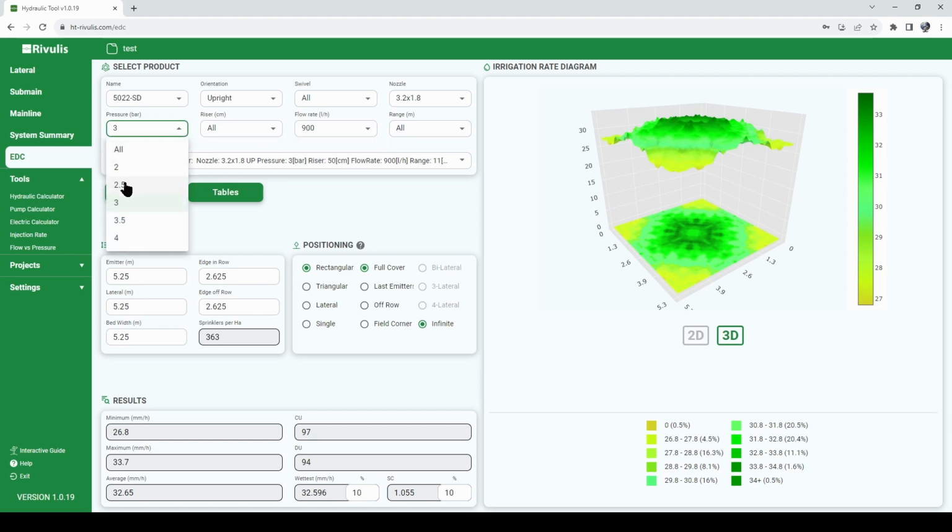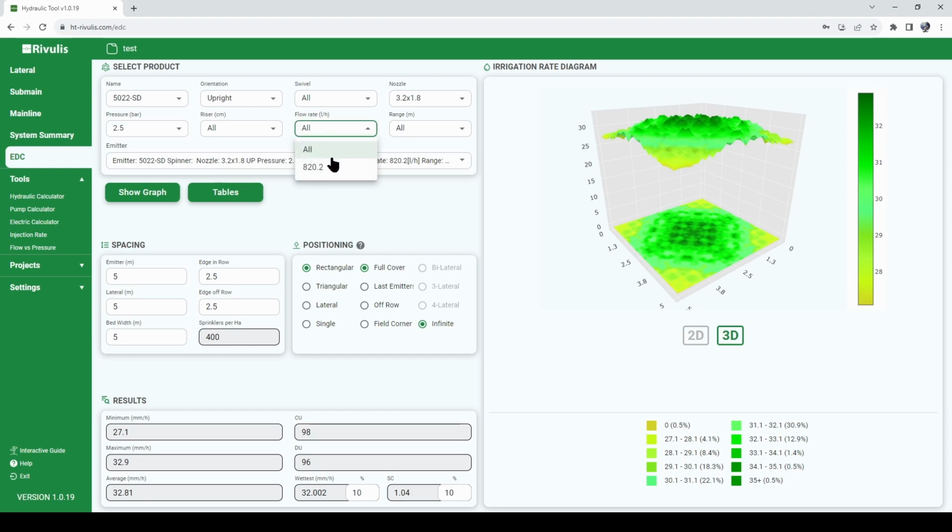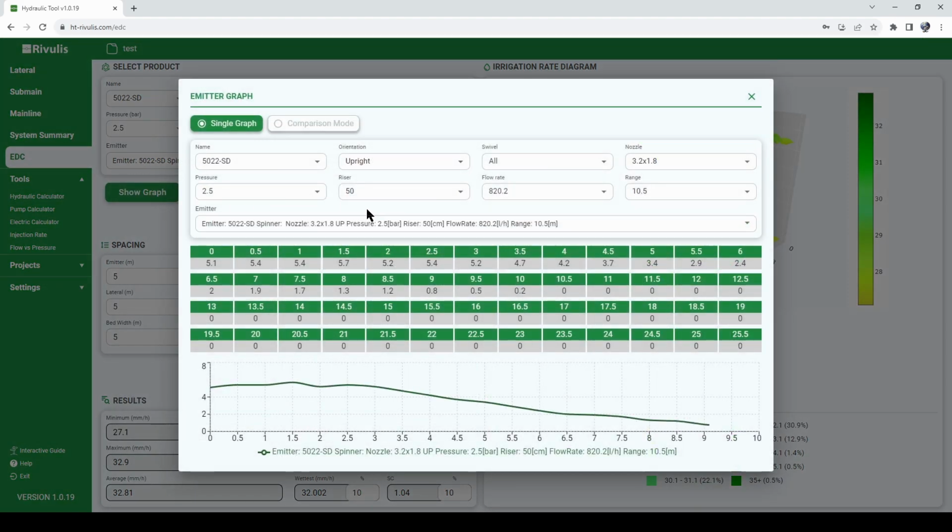If we decrease this pressure to 2.5 bar, we will see that the flow rate turns to 820 liters per hour. The only option we have now for risers for this product is a 50 centimeter riser, and the range will be 10.5 meters. Now that we have selected our product configuration that we want to use, we can click on Show Graph,